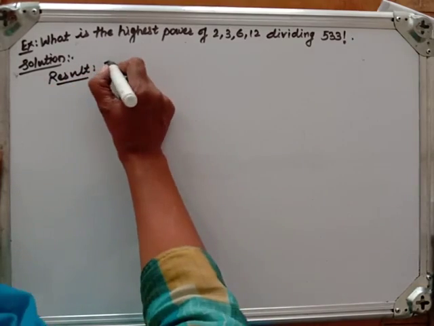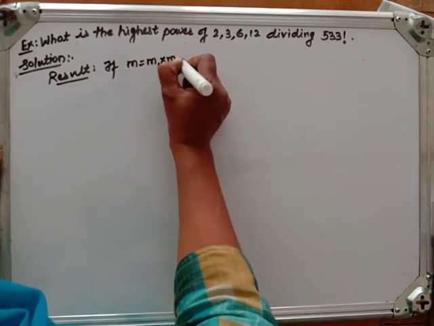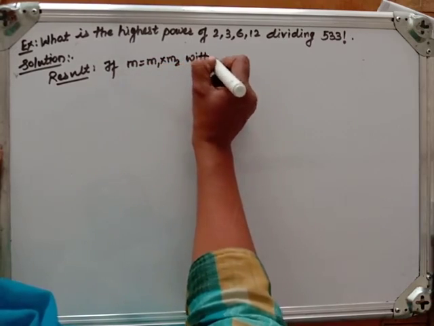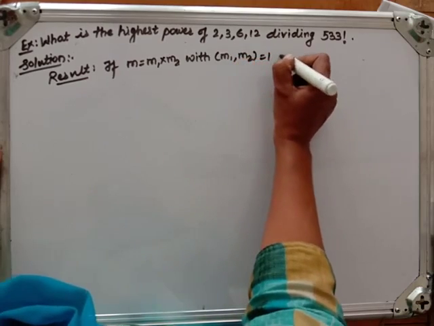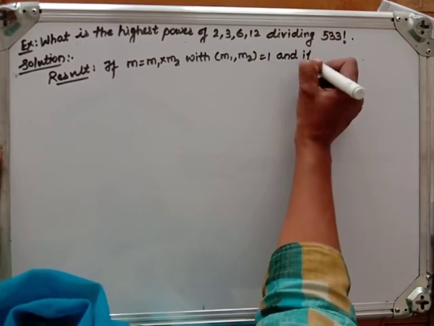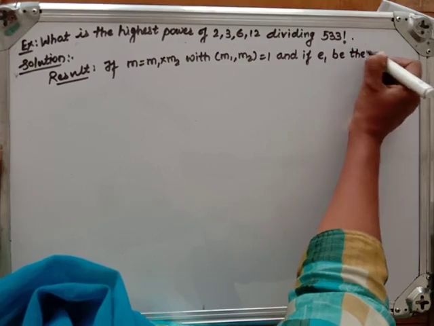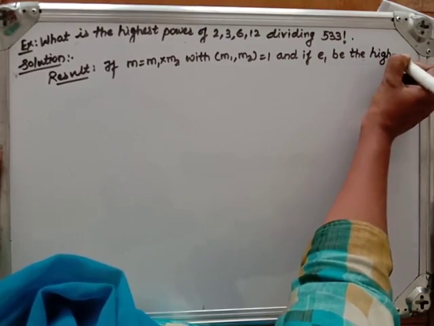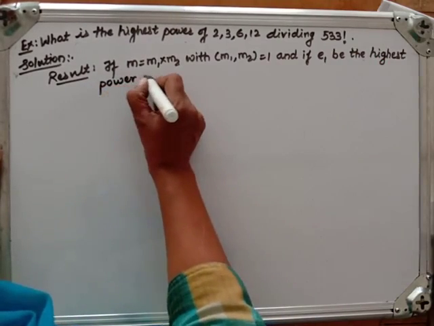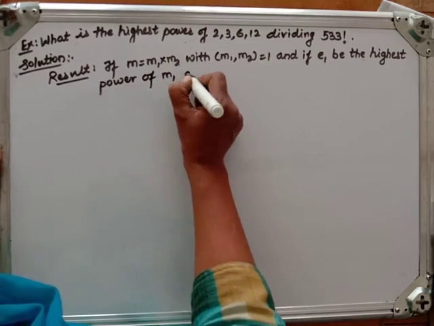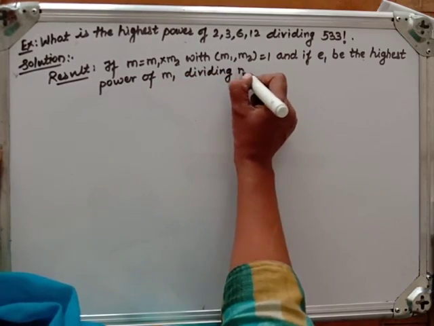If m equal to m1 into m2 with the GCD of m1 and m2 equal to 1, and if E1 be the highest power of m1 dividing n factorial,